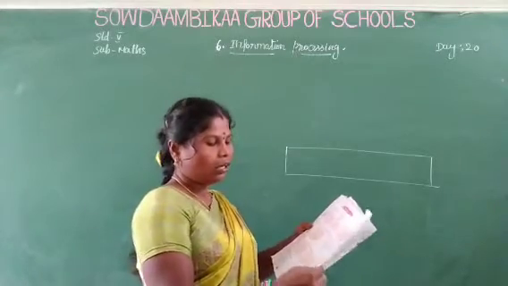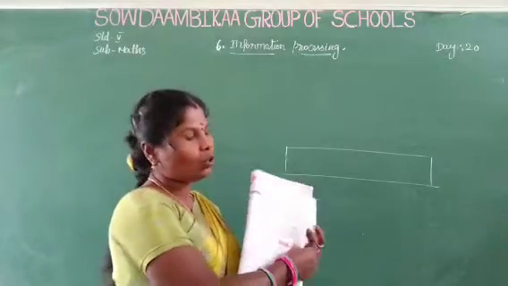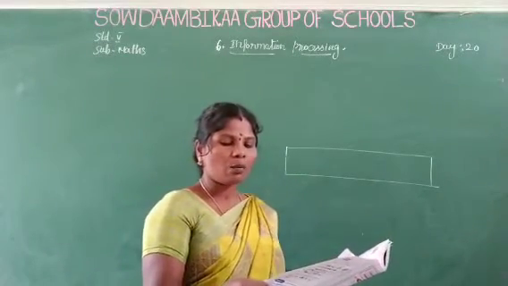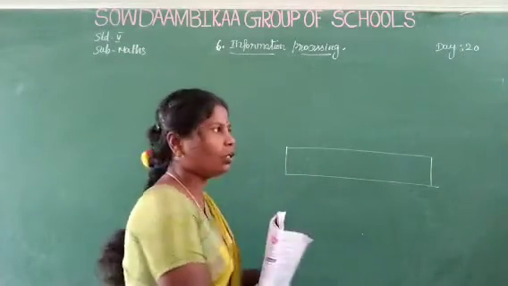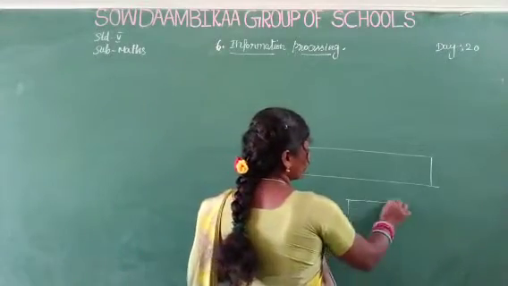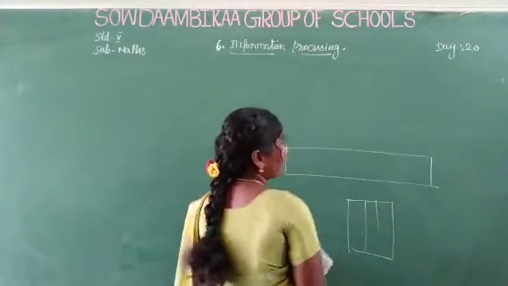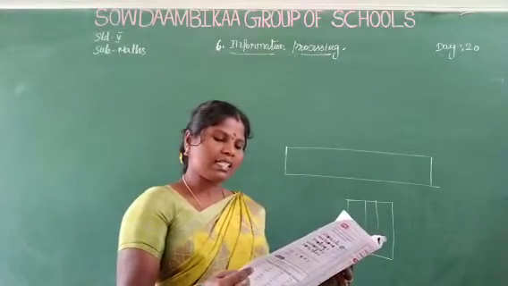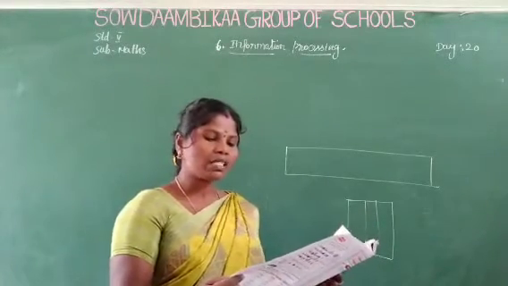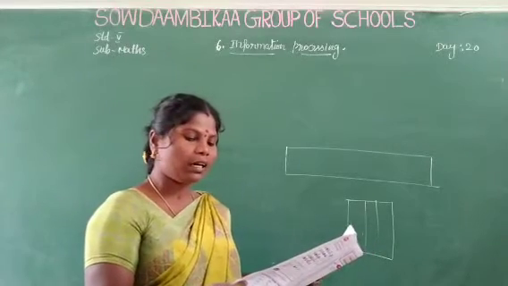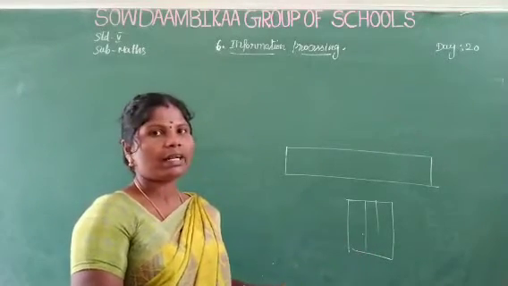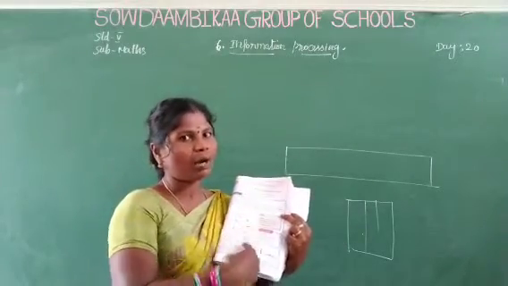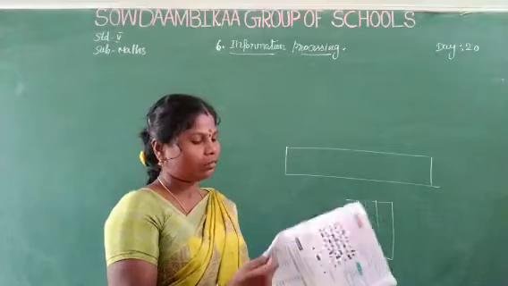Okay, so rows, and see the note. Rows are horizontal arrangements, whereas columns are vertical arrangements. Already I told you. Okay, which one is horizontal, which one is vertical? Already I told you. Next, the process of arranging classified data in a table form is known as tabulation. This is tabulation. Arranging the data properly is called tabulation.